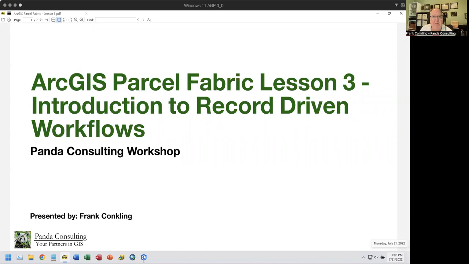And today we're going to look at a continuation of our previous Parcel Fabric lessons. This is lesson number 3. The first one was fundamentals. The second one was records and introducing the concept of records. Today, we're going to talk about record-driven workflows, what they are, when to use them, when not to use them,